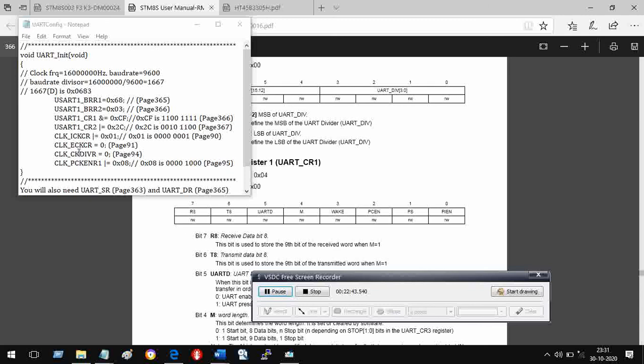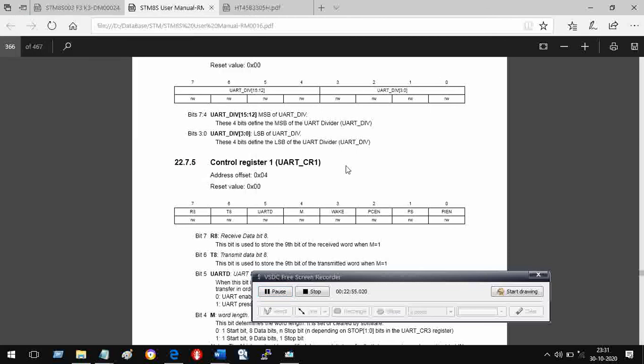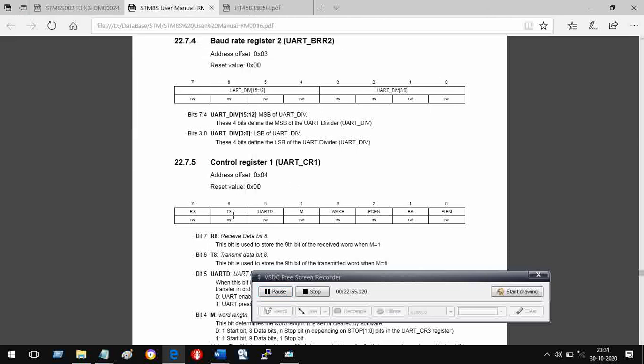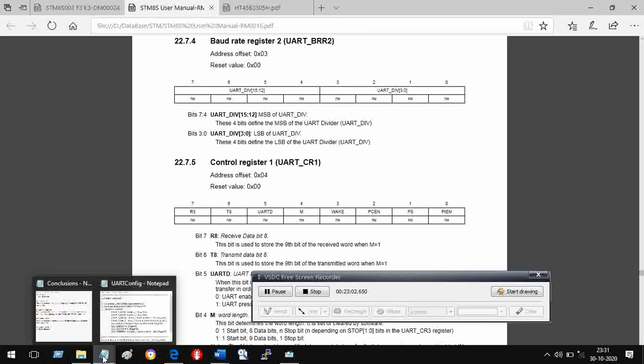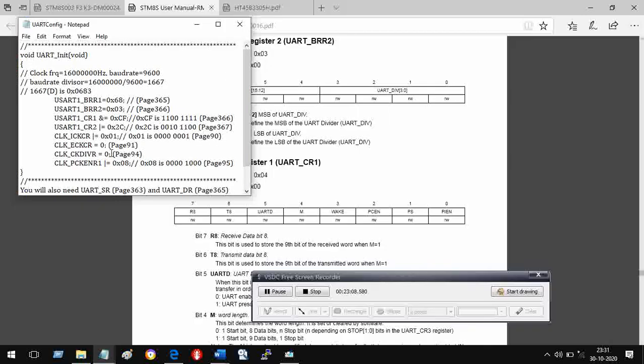Then you come to the next register, USART1 CR1. What does it do? This is UART, in this case it is written as UART1 CR1, and here you have seen that CR1, and I AND it with 11001111.